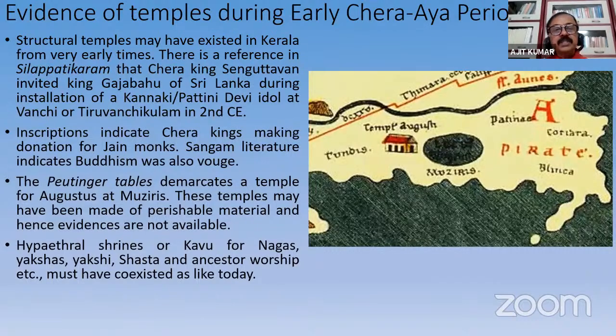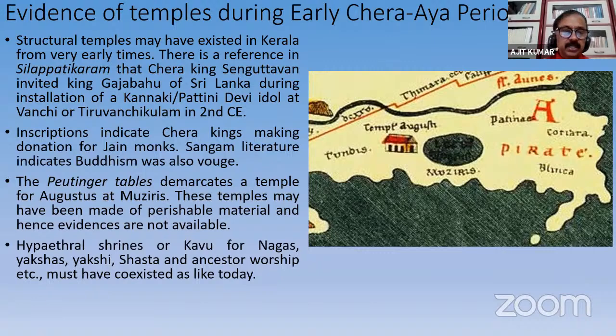Now, if we were to trace the structural evidence of temples during the early Chera period, structural temples may have existed in Kerala from very early times. There is a reference in the Silappatikaram that the Chera king Sengutuvan had invited Gajabahu of Sri Lanka during the installation of the Kannaki or Pattini Devi idol in a temple at Vanchi or Tiruvanchikulam. And this happens around the 2nd century CE. So structural temples may have started to come up during this 2nd century CE, if you go by